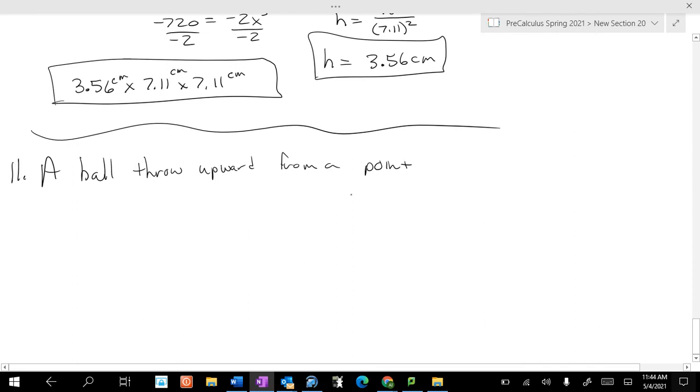A ball is thrown upward from a point 50 meters above the ground at a rate of 20 meters per second. Now, these numbers won't always come out to be very nice. Most of our numbers on most of our problems are nice. This one's not going to be so nice. All right, so